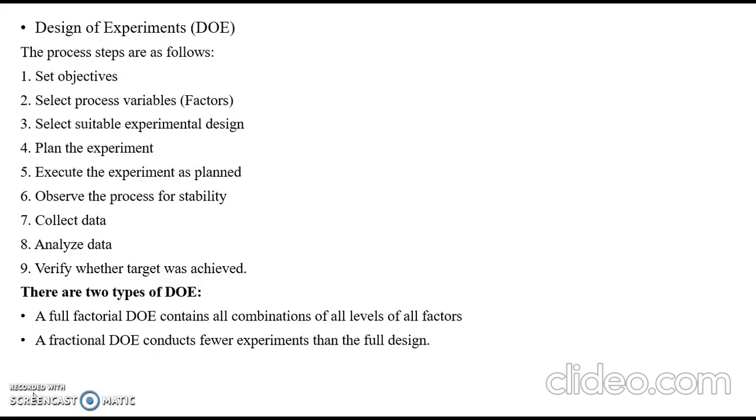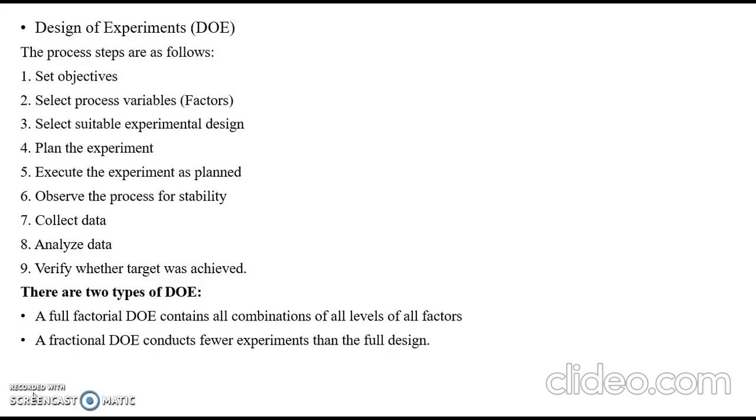So the formula of full factorial design of an experiment is 2 to the power of k, or 2 raised to k. That means, as I told you, for example, you have two factors and two levels. At that time, 2 raised to 2, that means 4 trial runs should be considered for the example. That is about full factorial design, the first type of DOE.